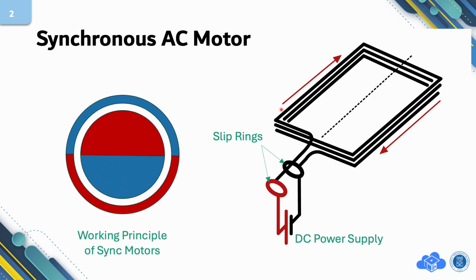This is because the rotor is made of a coil energized by a DC power supply through a slip ring. This kind of motor offers high efficiency but low reliability because of the friction generated on the slip ring. To enhance the reliability of the motor, engineers developed another kind of AC motor, which is the asynchronous motor or induction motor.